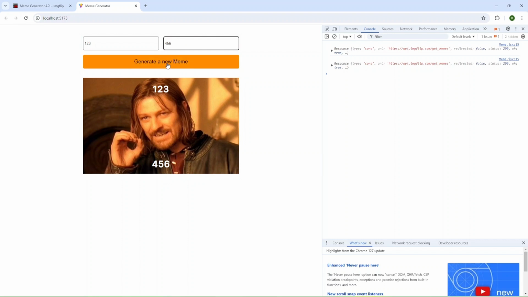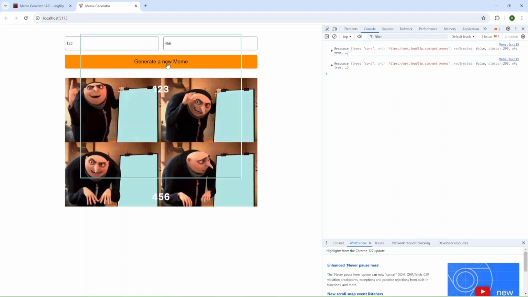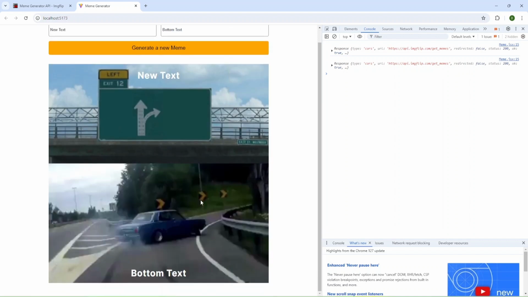Okay, and now I can use generate a new meme. Okay, and as you can see, image was changed, and we have our text, and we can adjust the text with new text, provide some funny text for our meme, and bottom text, and also we can generate a new meme, and again, and as you can see, we have our text.